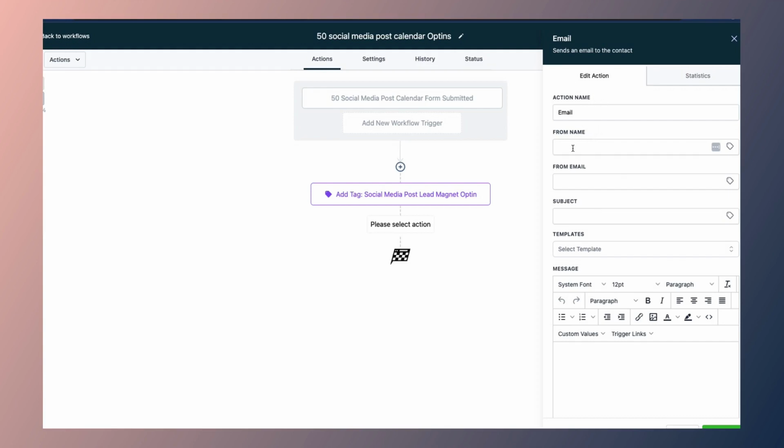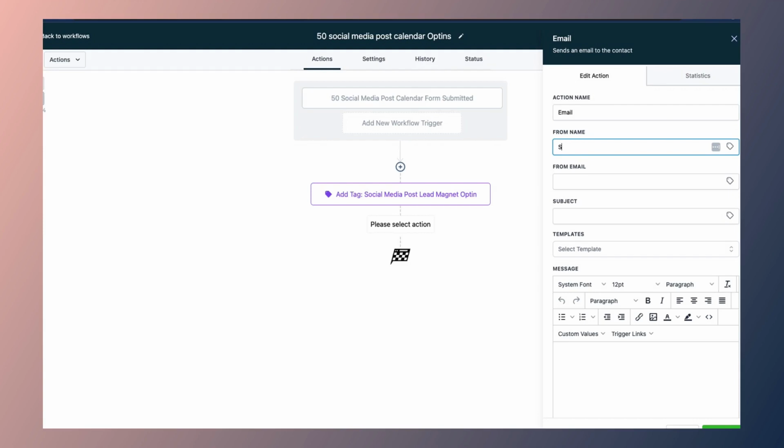So this is important. Now, you must have a from name and a from email for this to go out with your name and your email. If you don't, it is going to use our system's email domain, okay? But you cannot choose just name or just email. It has to be both. That's super important. So I'm going to say from